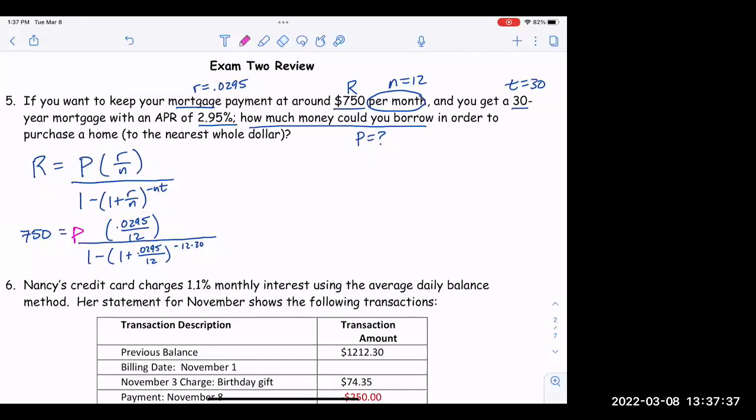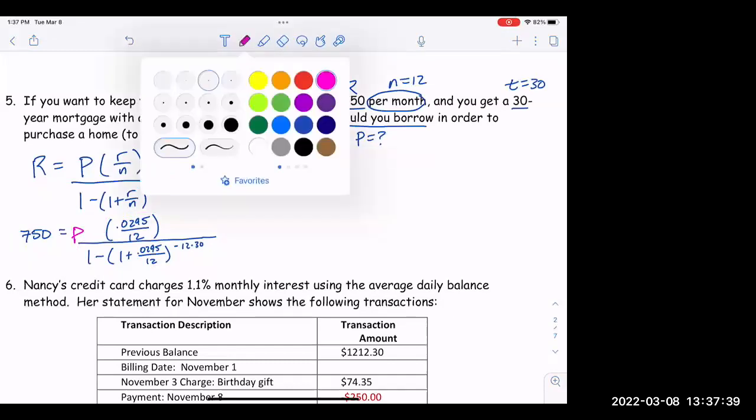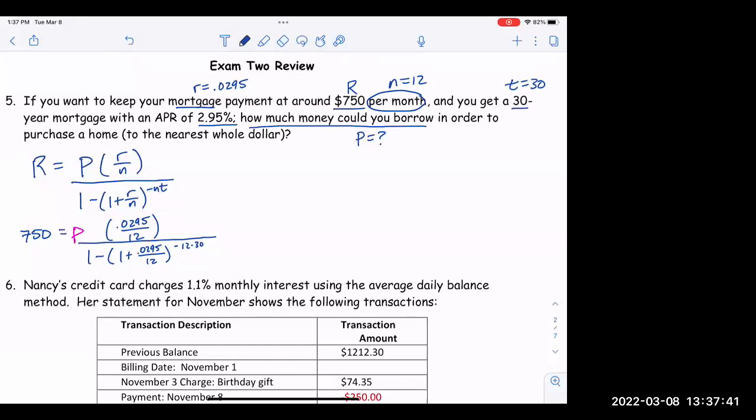So when I put that in the calculator, remember to put those extra parentheses. I've already got parentheses around the numerator, but I would want extra parentheses around the denominator and around the exponent. So I'm going to put that in the calculator. I'm going to get 750 equals P